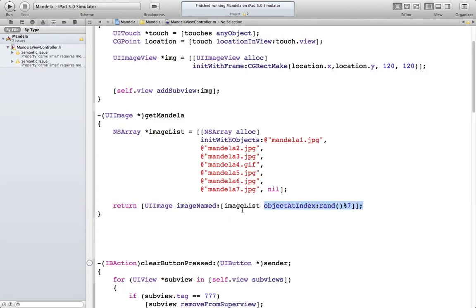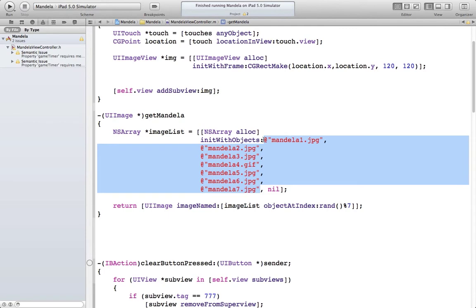The last line of code here picks out a random image from the image list. If we use this rand function here, it generates a random number from 0 to 7, and it will pick out a random image from this list up here, which is quite useful. If we run the project now,